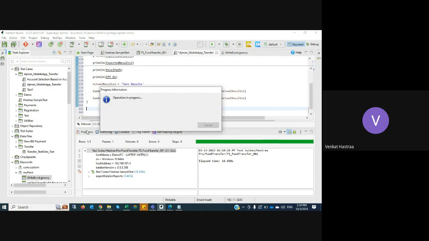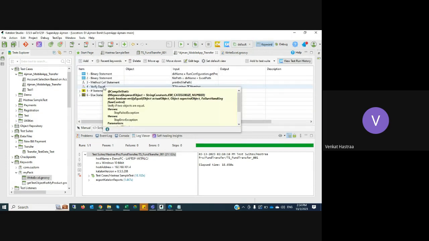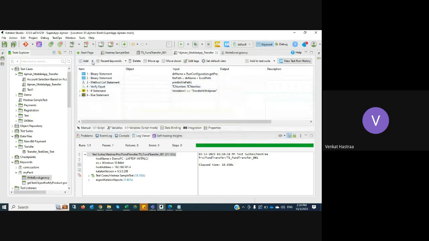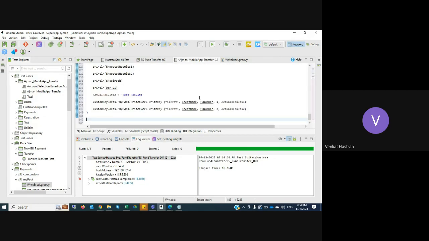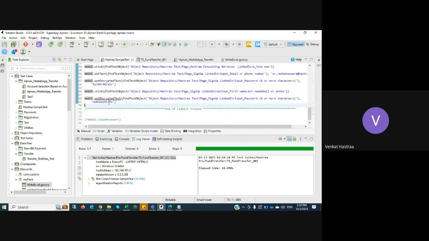Suppose you want to create something. I want to set the password. For example, I want to set the encrypted password. In this example you recorded, your password is showing as encrypted. But I have a password and I want to encrypt it. How to encrypt the password? So what I do is